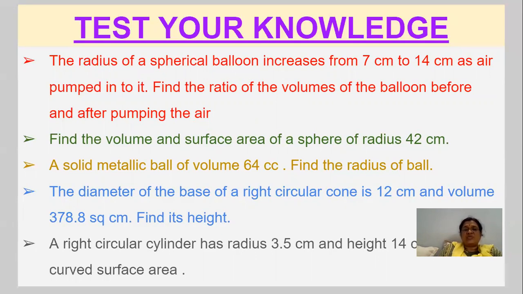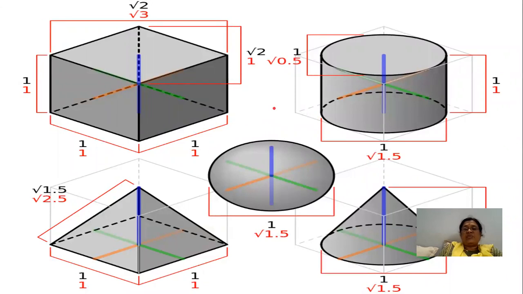Try to solve these problems and try to remember. In the previous class also, I insisted you take a blank format of formulas. On the left side, you fill in the solid figures and try to write the LSA, TSA, and volume of the solid figures regularly, daily. Then you will be perfect in writing the formulas. This mensuration chapter is very important, and it is purely a formula based chapter. Unless you know the formula, you cannot solve the problems.